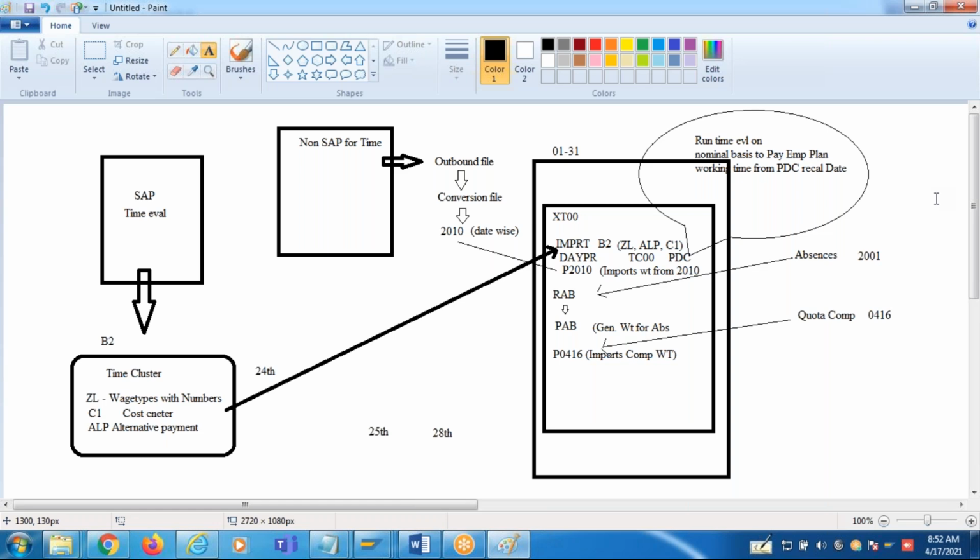Retro. In the next period, it will be accounted in the retro because there is a change, right? What is that change after payroll run? After the live run, you are changing the master data. The date of change is updated in info type 3. So that in the next month, February, the system reruns the payroll for January and calculates the difference between the latest of January and the previous of January and pays it. That's how the companies pay it.